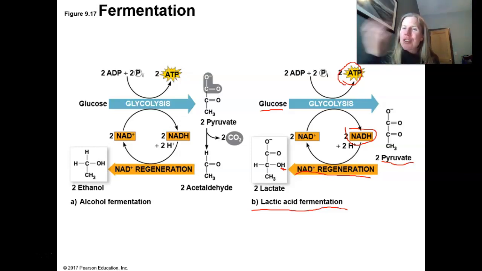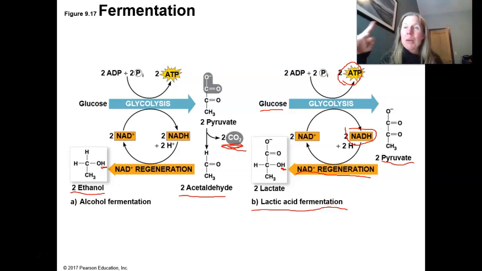So we stick the hydrogen on pyruvate, we get lactic acid. Okay, game on, keep going, right? The same exact thing is happening over here, except other organisms take pyruvate, right? They do this intermediate step where they get CO2 production, and move to a closely related molecule called acetaldehyde. You don't need to memorize this, right? Basically, they're taking the pyruvate and sticking another hydrogen on it to get ethanol